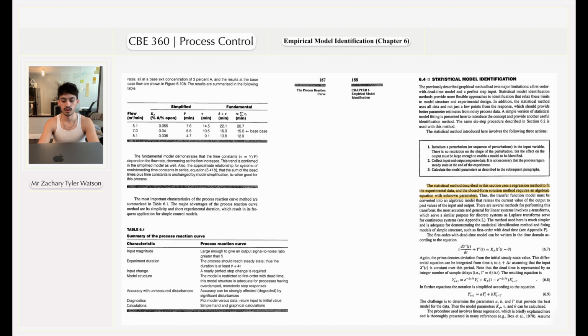Theta is the maximum slope of the input variable. Theta is the maximum slope of the initial value. That's correct. Input change, model structure. A nearly perfect step change is required. The model is restricted to first order with dead time, and this model structure is adequate for processes having overdamped